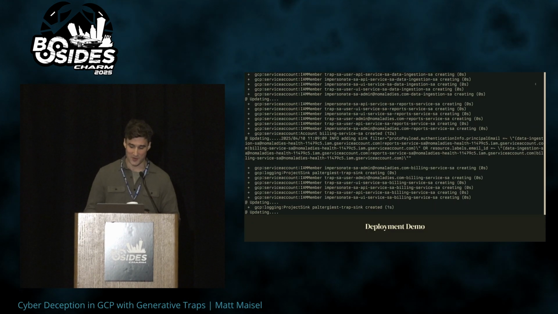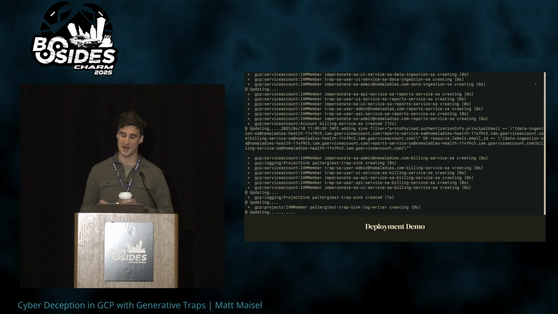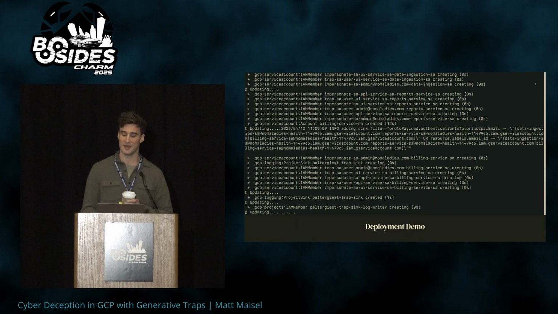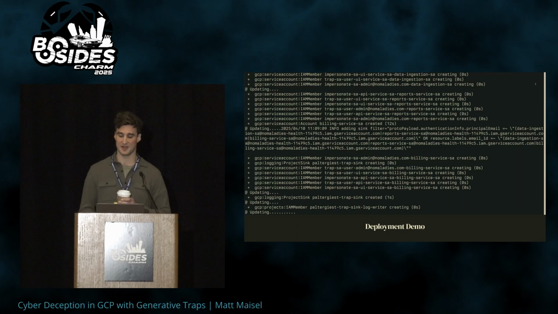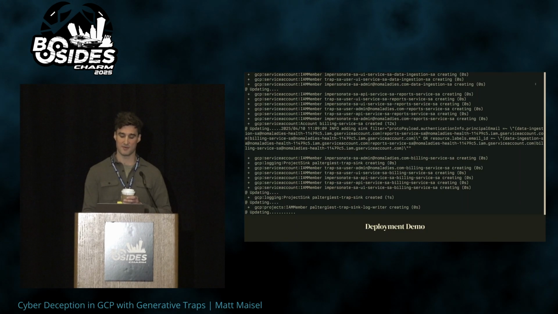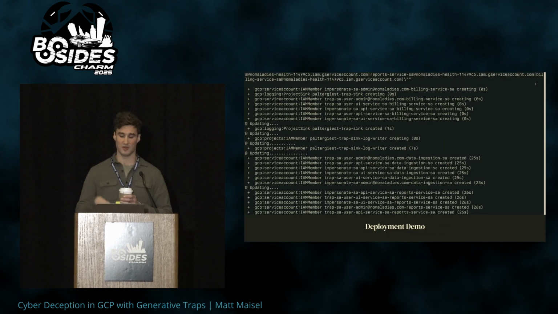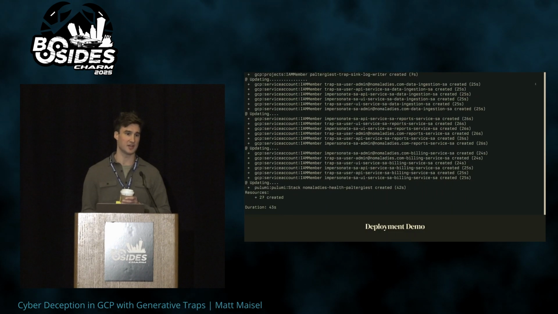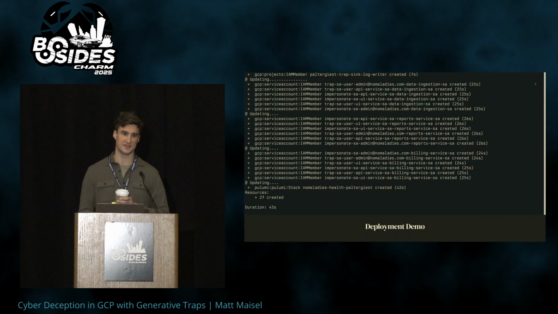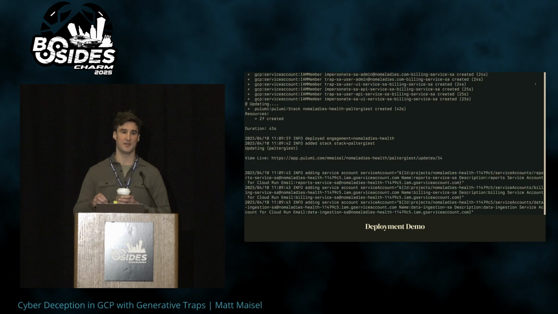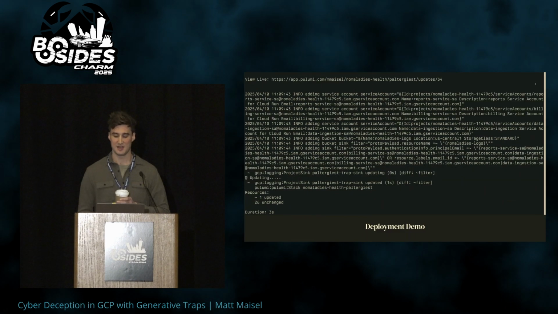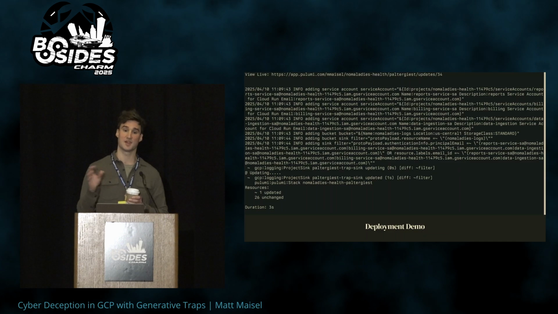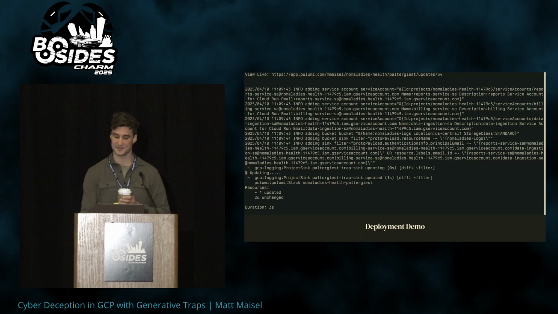So this is happening quite fast, but at one point there was a scroll by of two stratagems that sampled target resources and then generated several service accounts, traps, as well as a bucket. And the rest of this is basically just Pulumi automation going through, refreshing the trap stack, provisioning the resources, and then configuring cloud logging routers that have filters specifically on the trap resources by different identifiers. And this is what set up all the logging to go from the target projects to the Poltergeist project where the security team is looking at this.